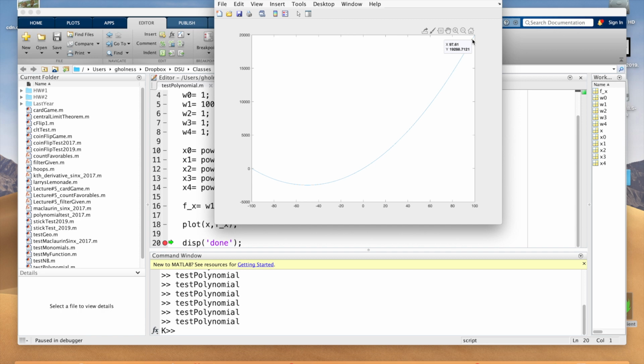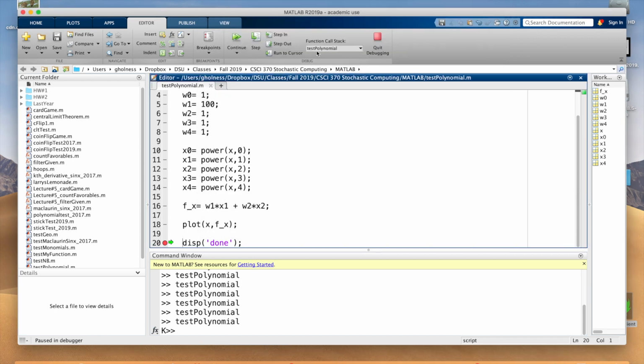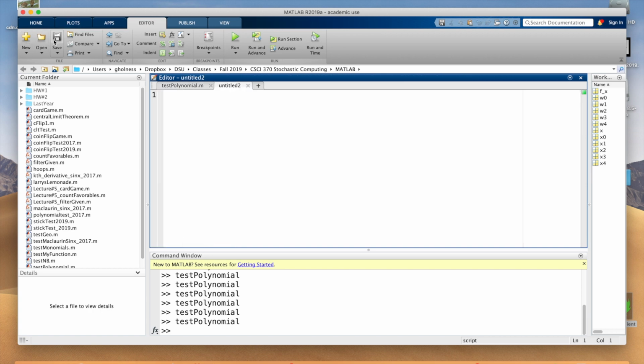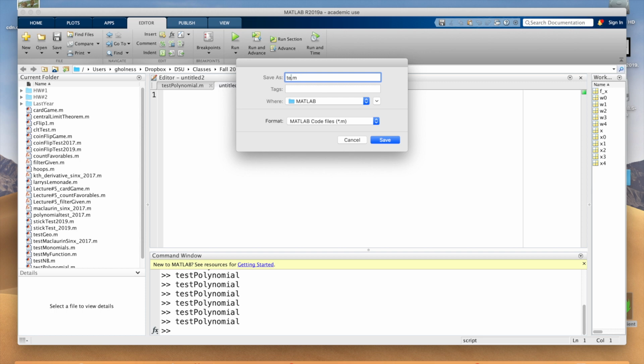Make sense? So our whole purpose was to talk about this Maclaurin polynomial, but you have to first talk about polynomials before you can talk about the Maclaurin series. And the point of a Maclaurin series is to now use these peculiar coefficients in a polynomial. And these peculiar coefficients involve the derivative of a function. So let's take a look at that. So the function that we're going to approximate is the sine function. So let me create a new script. And we'll just call it test Maclaurin.